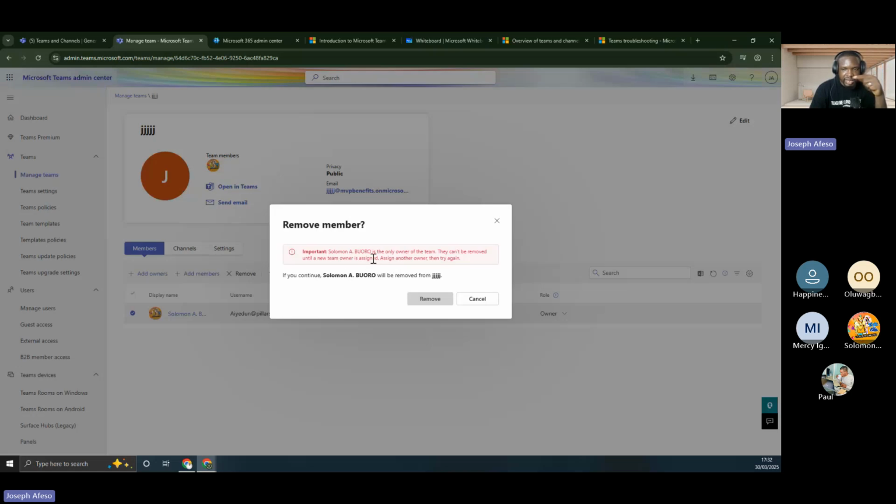But why is it that at that point where I created a team afresh, I was able to add him successfully, and then I was able to remove him as the only person in that team? And now I have come back to add him back, and when I try to remove him, the system is complaining that he's the only owner of the team.